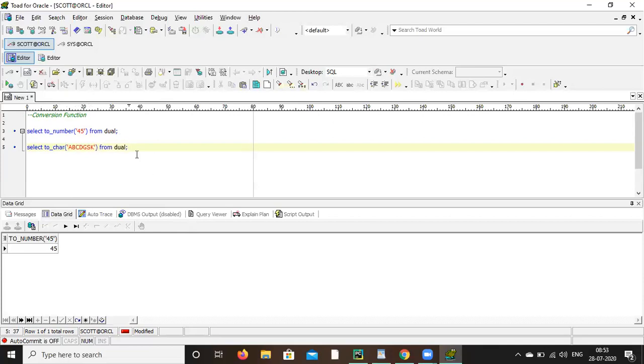Just to confirm, it will convert into the character. We need this sometimes when we do data cleansing, and let's say some data are not in good shape, or some conversion issue is there, you can use it at that time. Now next is select TO_DATE.